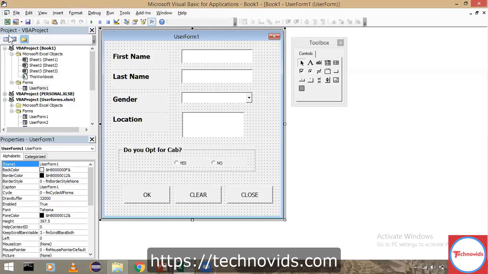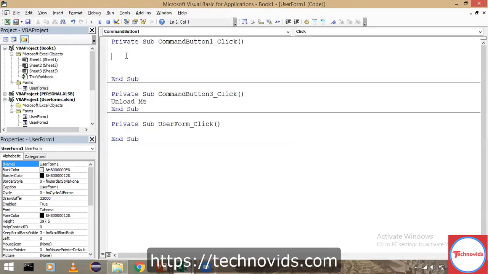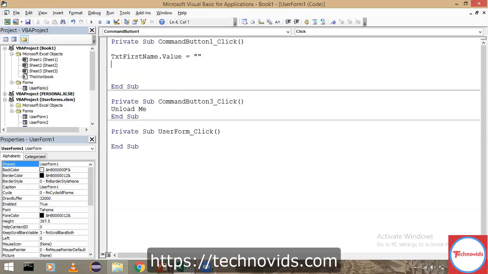So that's what I'm going to do. Go to View Code, and here I will start writing. What is text box 1? I named it as txtFirstName. So txtFirstName dot value is equal to null. That is nothing. Clear that as such. Same way, txtLastName dot value is equal to nothing once again.